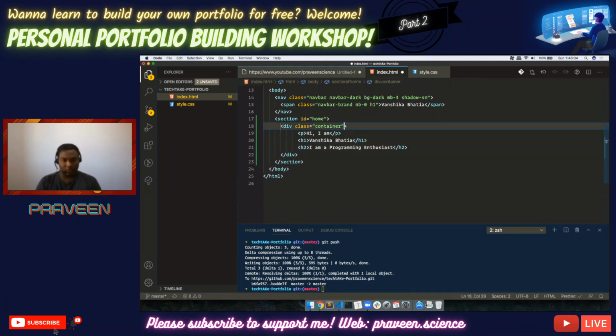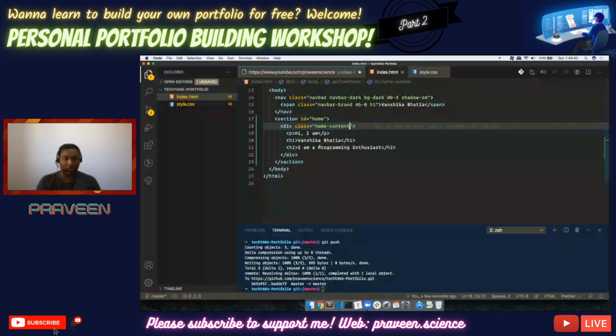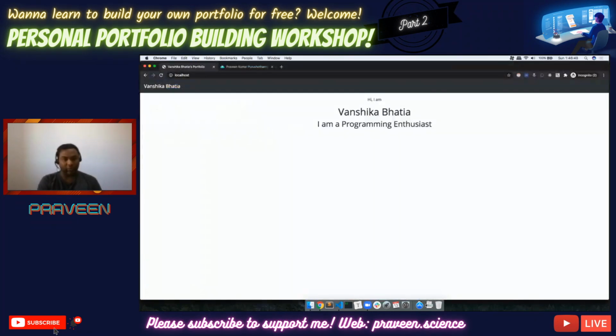And with this one, instead of container, I'm going to put home content. If I do this, there won't be much difference. It's going to go on the left side. But the first thing I wanted is for it to be centrally aligned. So if I do this, it's going to align center. Now, the main thing I wanted to make here is that this whole page, this particular content, should be in the middle. That is what I wanted to happen.